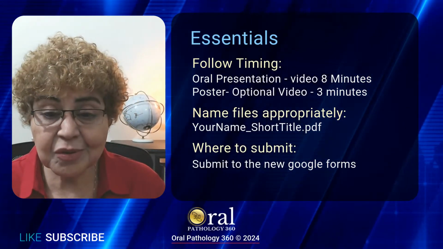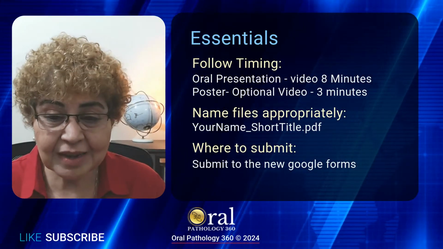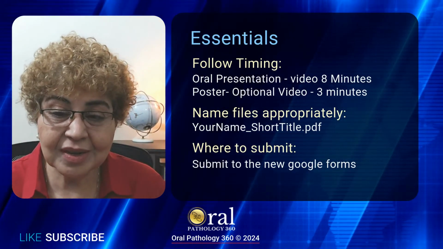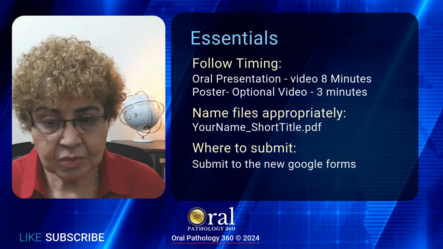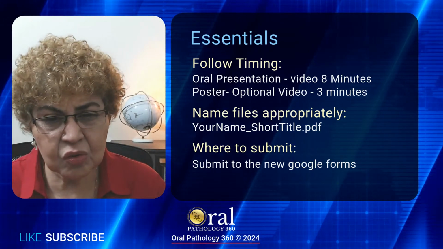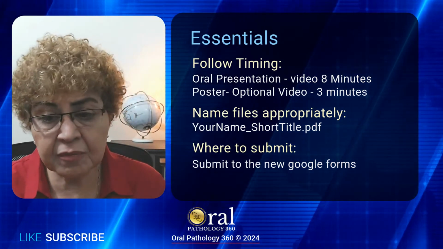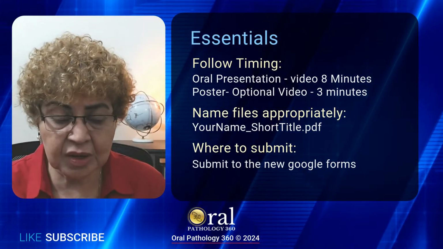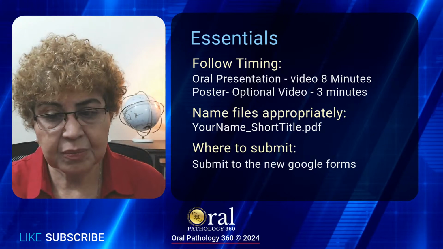How do you name the files? After I received the original set, I must say they were disastrous as far as the naming went, which is why I thought I will put this here. So the standard should be your name with a hash, the lowercase hash, and the short title. It can be just 1 or 2 or 3 words or the main part of the title. For the PDF, it will come with a .pdf, but obviously it's an MP4. You don't need to put MP4 there. That will come by itself, right?